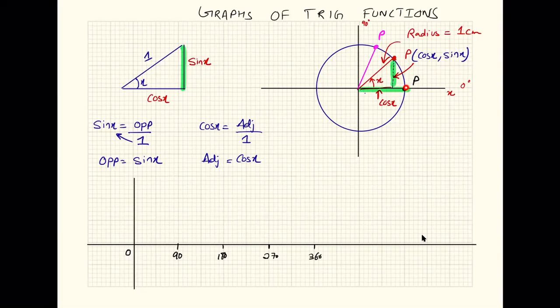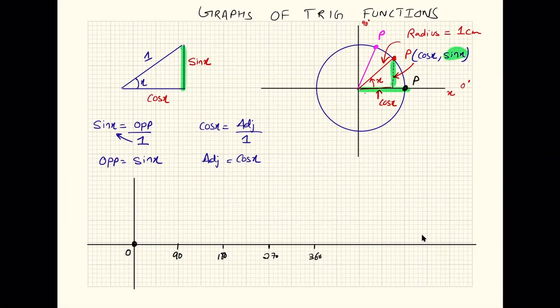If so, we know that the x coordinate is given by cos x and the y coordinate is given by sin x. So if the angle x is 0, I can't see any height of a triangle because it's just a horizontal line, right? You can't see the height because there is no height. The height is 0. So is it correct to say that if the angle x is 0, then the sin x component is going to be 0 because there is no height? Yes.